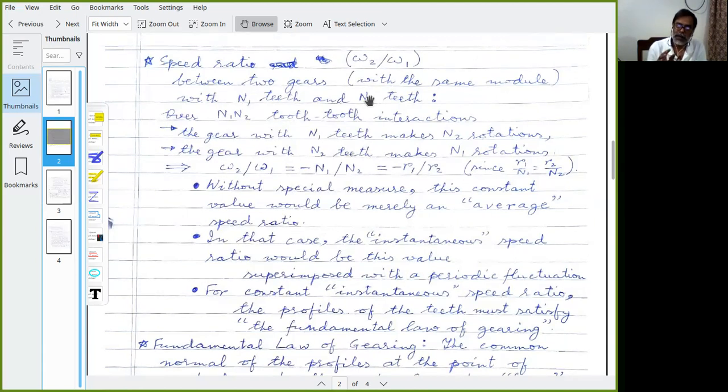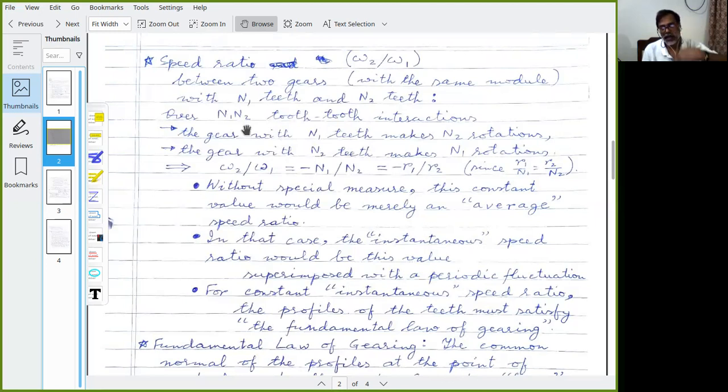I mean, together there can be more teeth of this engaging with more teeth of this, but as one tooth of one gear passes through the zone of engagement, from the other gear also exactly one tooth would pass. Okay? Because it is a direct transfer of motion by pushing. So if you consider such N1 into N2 tooth-tooth interactions, then during the passage of these many tooth, basically